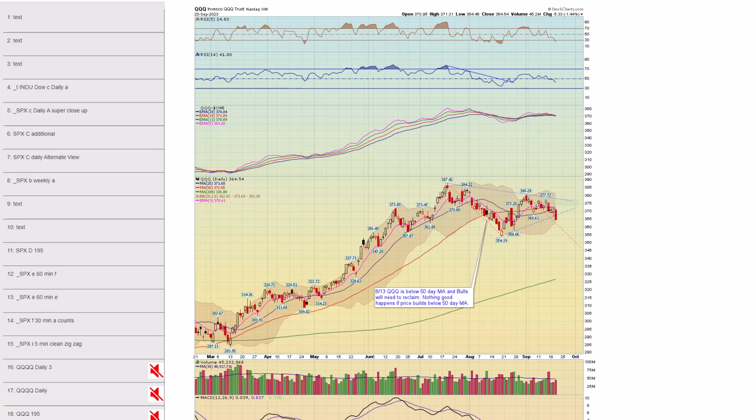Chart 16, here's the triple Qs daily. Also, price breaching this coil trend line, quite strongly. And again, if this ends up being some sort of ABC zigzag, if wave C was equivalent to wave A, so this would be wave A, B, C, you could get a move down to the 345 area.